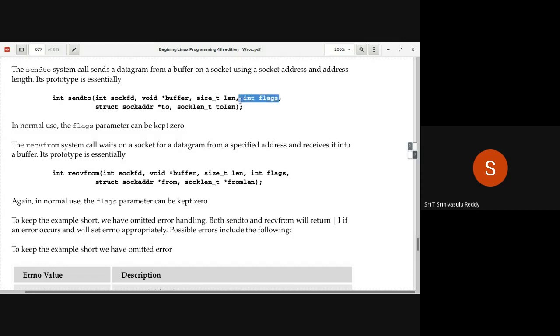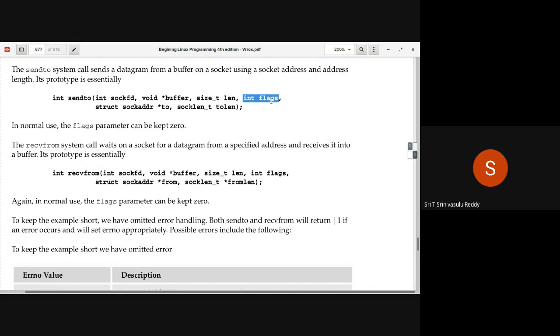And then flags. One of the flags that is going to be useful is whether you want to wait, like whether it can be a blocking system call or a non-blocking system call.